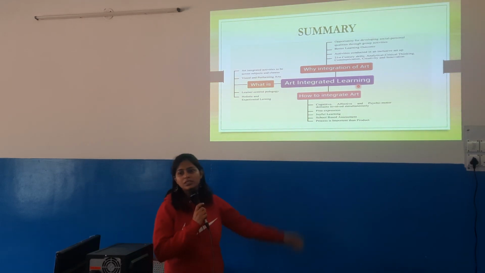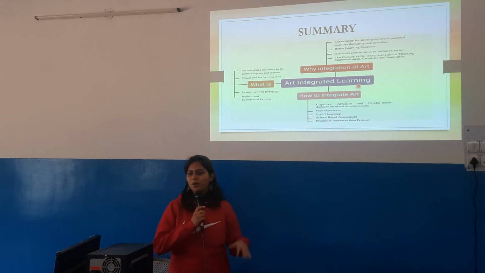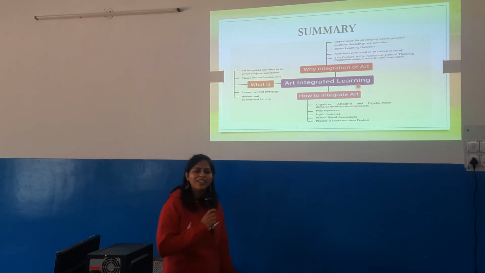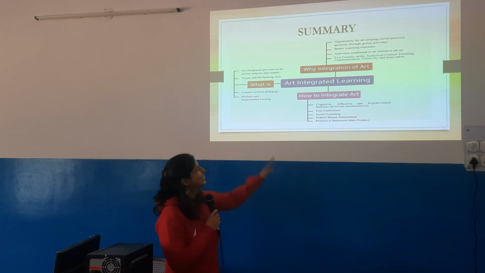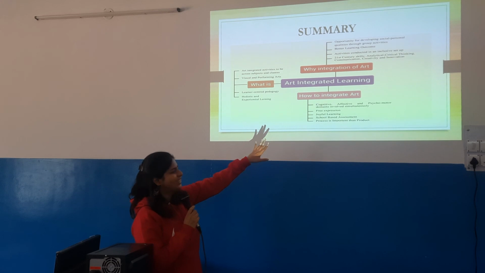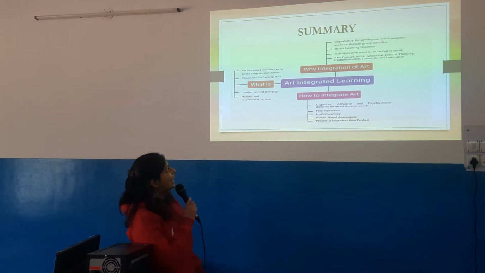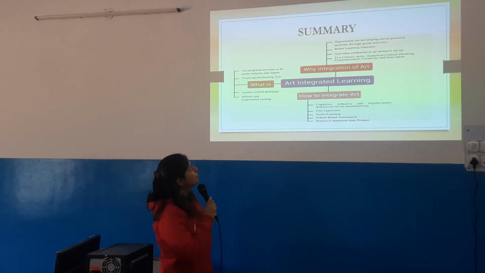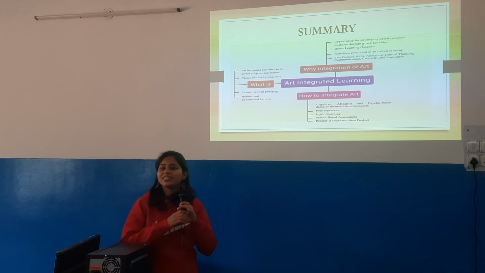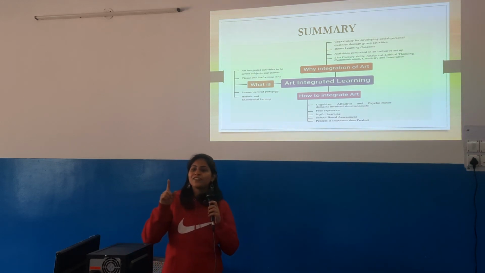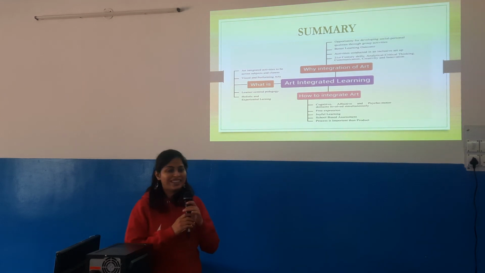So let us go through this summary chart in detail that will help us in recapitulation of the topics which we have done, and we can revise as we are very good at revising with our students. Art integrated learning. What is art? Art integrated activities to be across subjects and classes. Visual and performing arts that we have seen in the second slide, the different classification of art. The first is from the first slide.